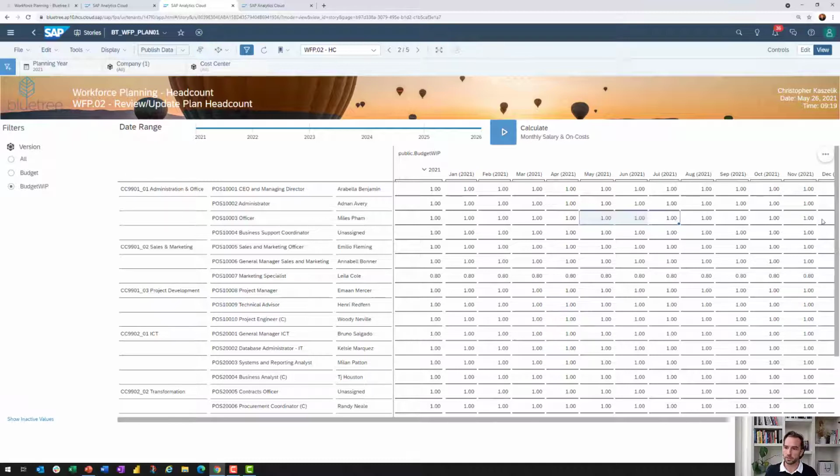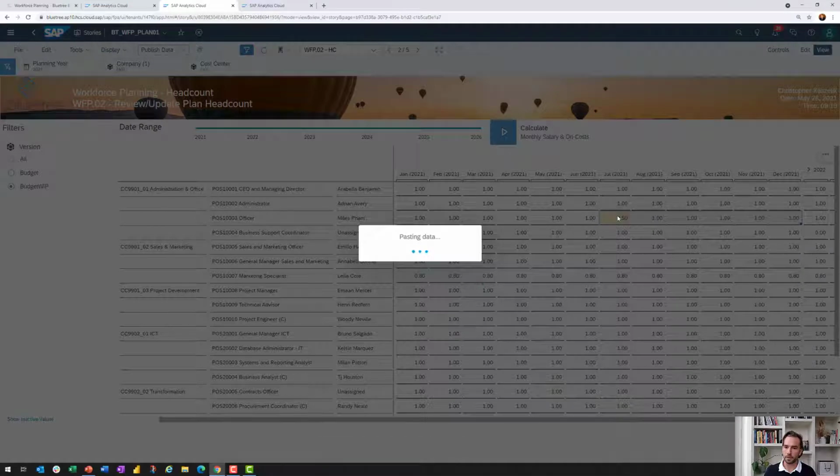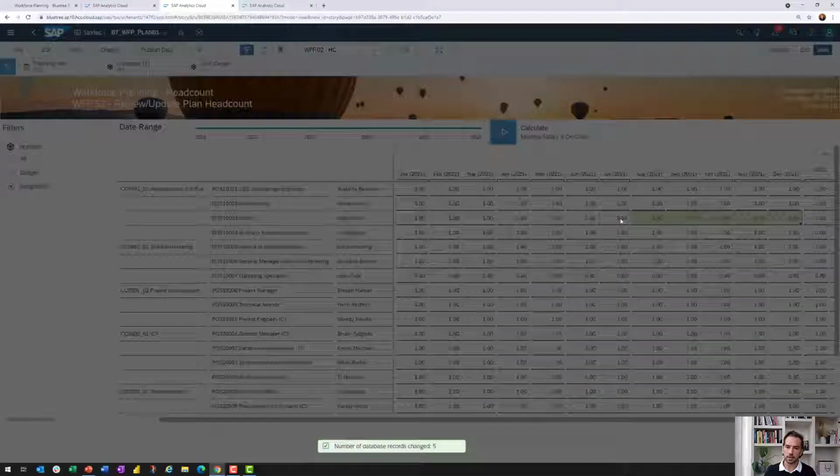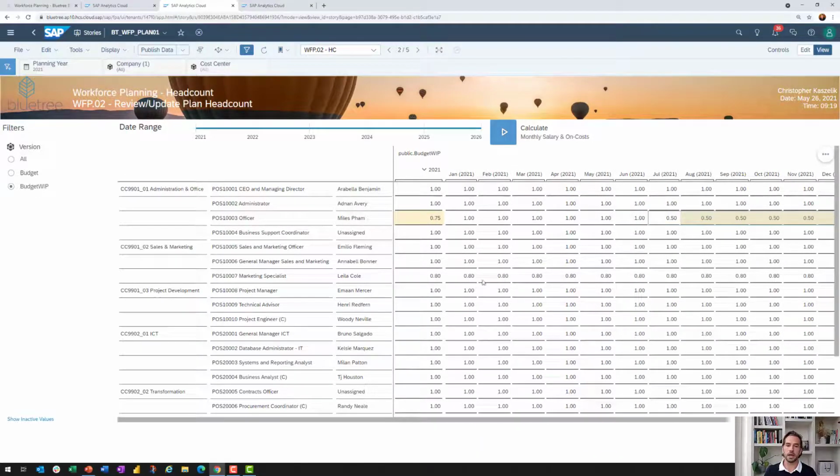But if I know someone moved to another entity or reduced their time, I could now, for example, say, we'll decrease the FTE on our cost center to 0.5. Again, then click recalculate, execute the calculations, and the system will calculate all the associated salaries and on costs, which